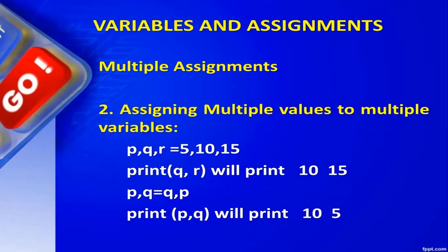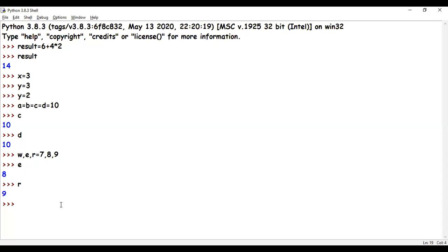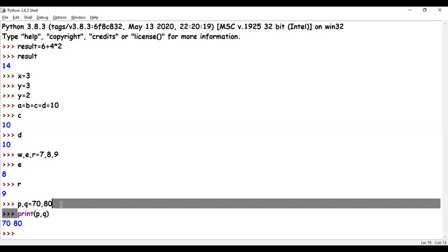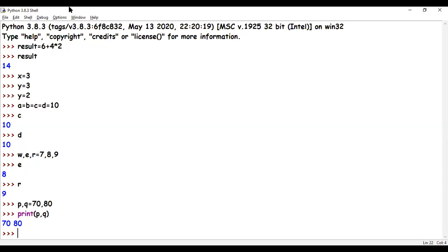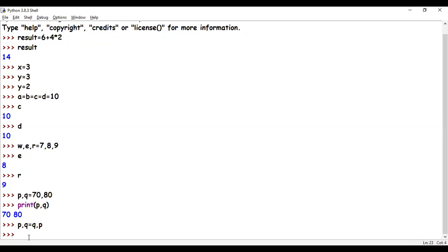Let's see this live. Okay, so let's say I have P, Q equals to 70, 80. Right now if I say print P, Q, it's going to tell me 70, 80. But if I say P, Q equals to Q, P, values will swap.